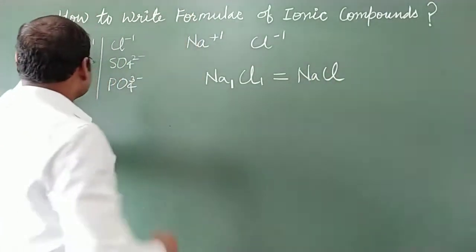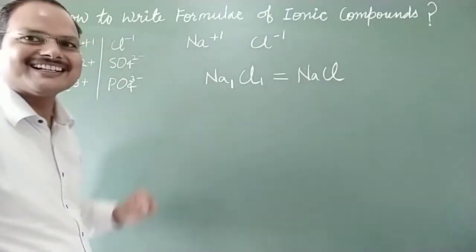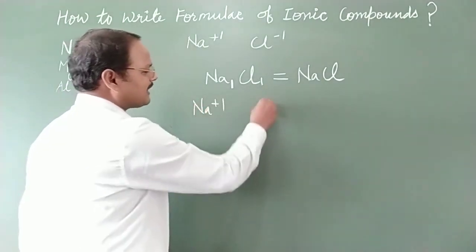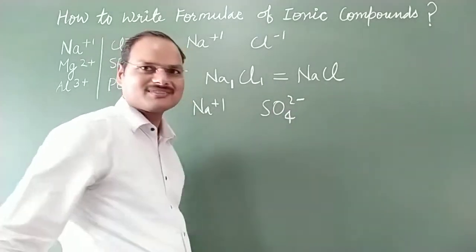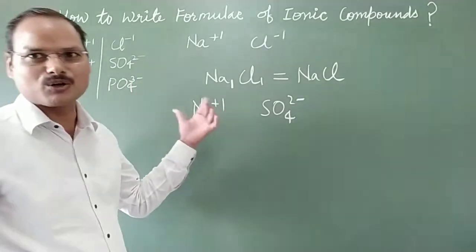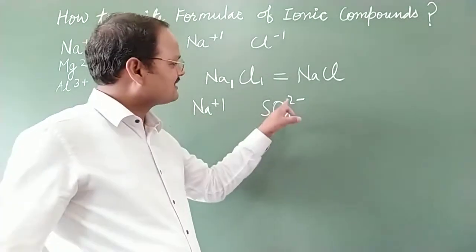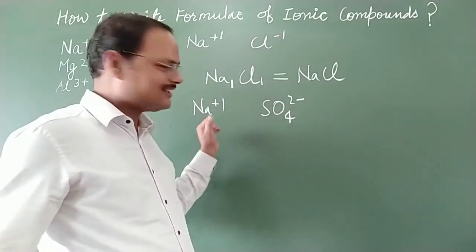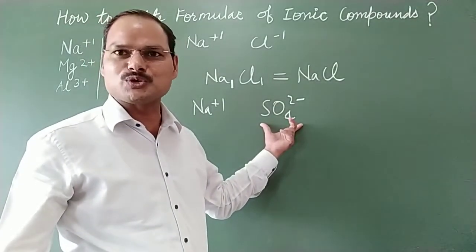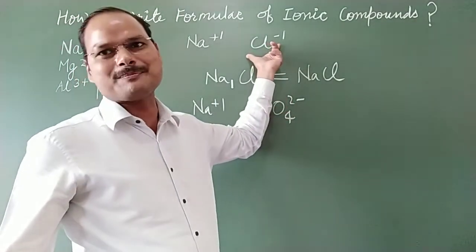Now see, once again take this Na positive and join this positive charge ion with the second negative charge ion. Let's see, Na positive means 1 positive, SO4 2 negative. The negative ion should be written towards the right side, and the positive ion towards the left side. Now cross over their valencies, means interchange their values without taking the charge. Simply carry this 2 towards this Na and 1 towards this complex ion. The ion which has 2 or more than 2 atoms will be known as complex. If the ion is having only 1 atom, it will be known as a simple ion.